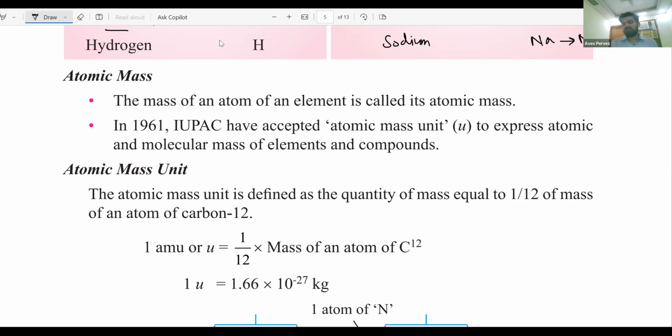So for example, if we are just comparing the mass of an element, how much heavier it can be. For example, if you are going to measure with a very small scale, the one you use in your geometry box, and I ask you to measure the distance from your home